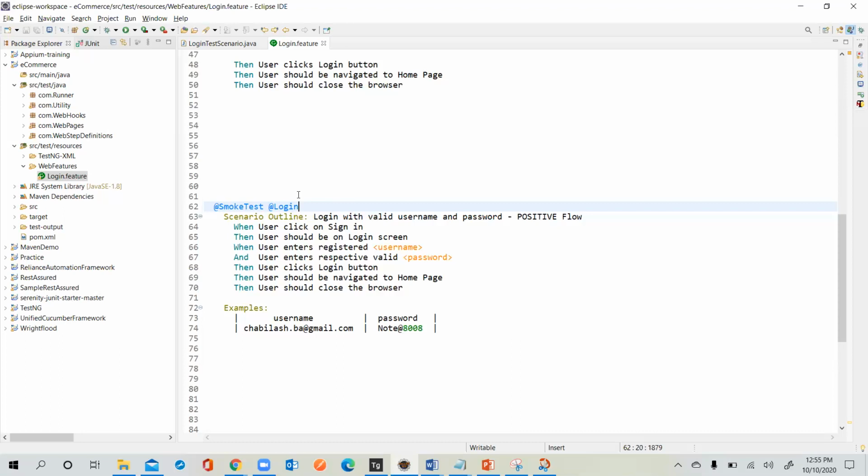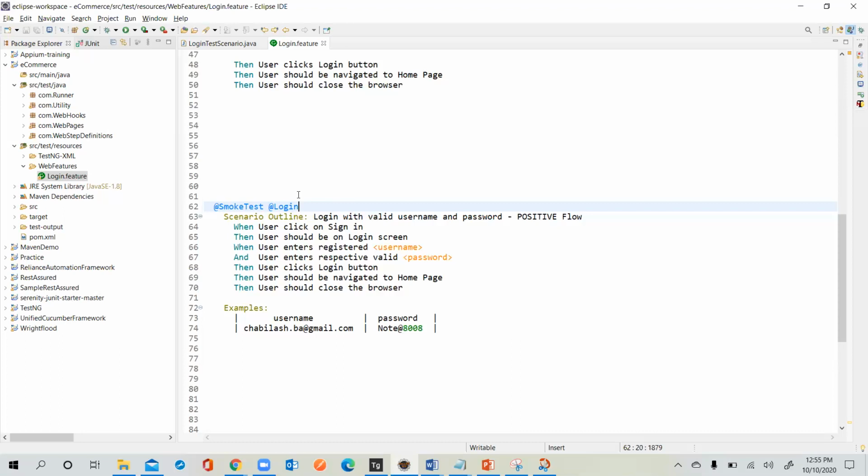Now the scenario outline. What is it? This is one of the important interview questions: what is the difference between a scenario and a scenario outline? If you wanted to do the same thing in the same scenario, in a same session, we use scenario. Scenario outline is if you wanted to do multiple iterations in the same session. Session means once the browser is open, I wanted to do an iterative approach: first time check for the boxing glove, then dumbbell, and then pull-up bar. So when I wanted to do iterative searches, at that time I'll use the scenario outline.